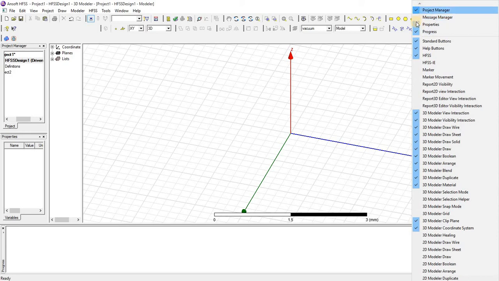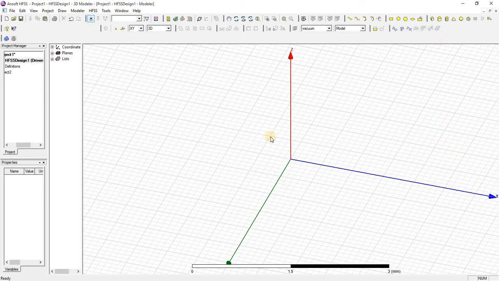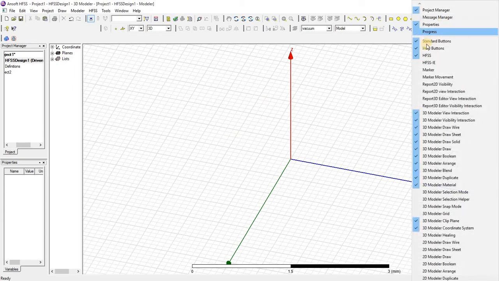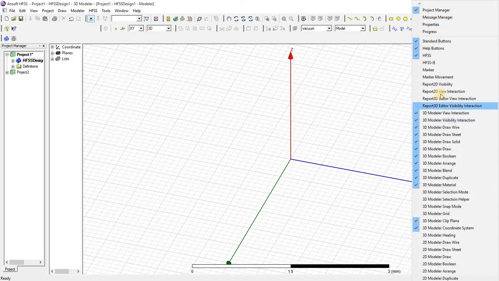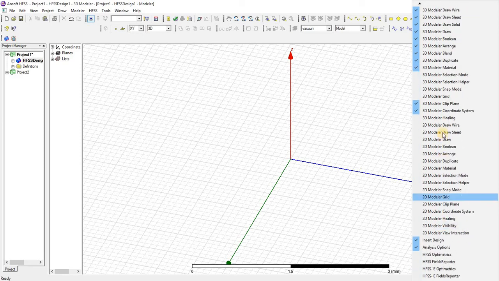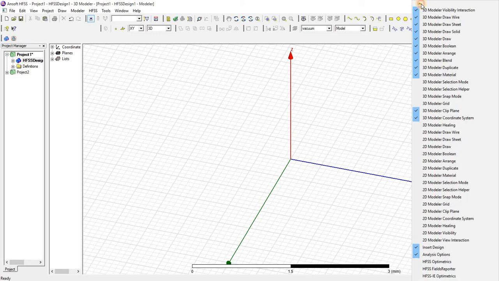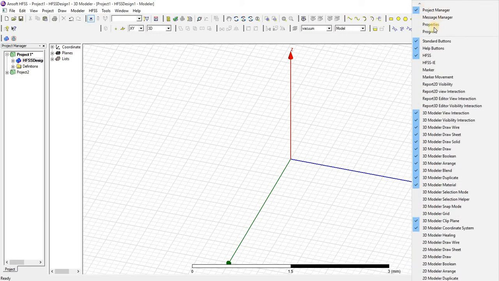If you want to open the window again, you can do that in this way. Similarly, if you want to make the property window disappear, here you can select. Similarly, you will find here the 3D modeler, and just pressing here you will see the 2D modeler. All commands that this software uses, you just click on them.